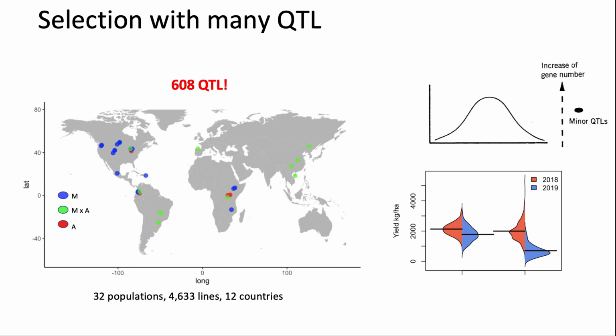I'm working right now on a meta-analysis of the QTLs that have been identified for this trait, which, as you can see here, is also quantitative, and I have identified more than 608 QTLs across the genome. So that makes the implementation, or the use, of these QTLs in breeding programs really difficult,